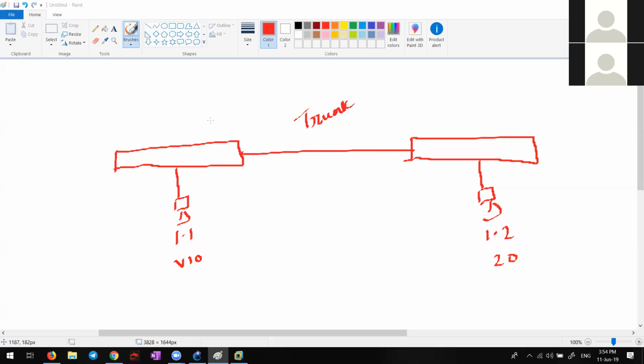So tell me. It is a trunk, but I want the communication to happen. Think. You know it, right? It was taken in your class, man. If he knows, it means you were also there in the class. Anyone want to answer? I don't want to ask one by one. Anyone want to answer? Janvi? Hello?